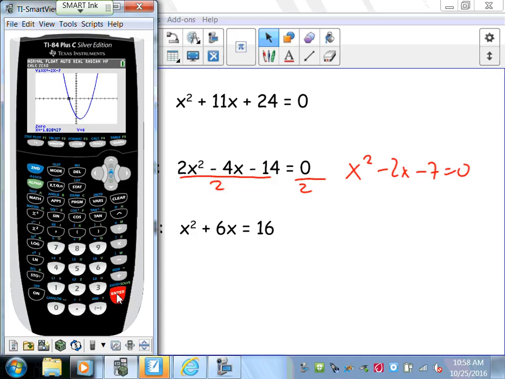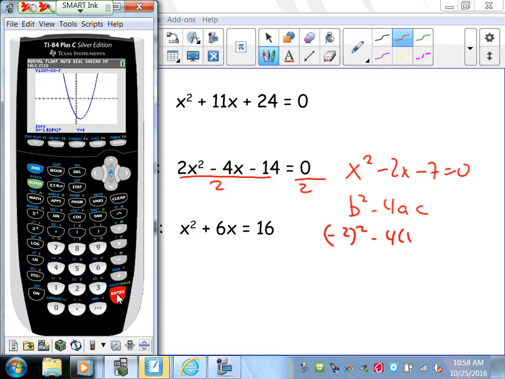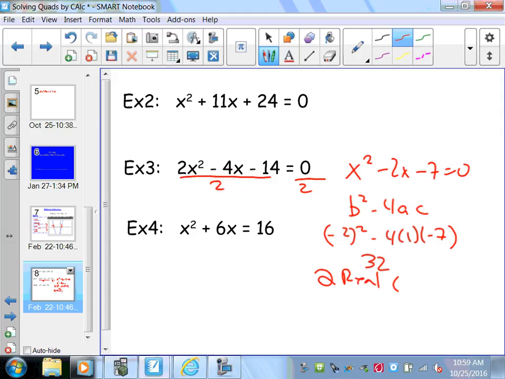Factoring, quadratic formula, completing the square, discriminant. Do we need to remember how to find the discriminant? Okay. So, for example, for this one, what's the discriminant of this problem? Remember, the discriminant is the b squared minus 4ac part, right? Negative 2 squared minus 4 times 1 times negative 7, which is 4 plus 28, so 32, right? Which means if it's a positive number, then how many solutions do you have? Always 2. Are they real or imaginary? They're real. All right, and then this would be distinct,